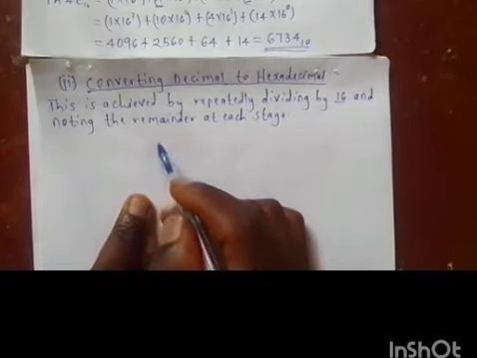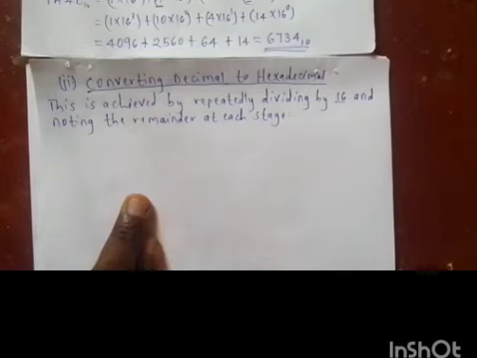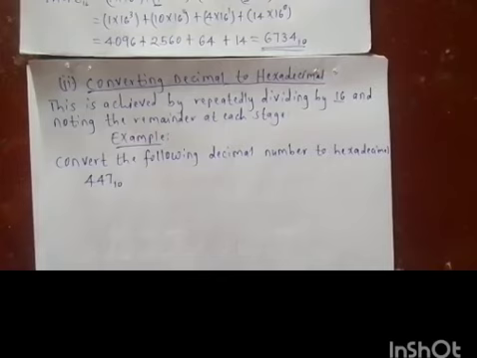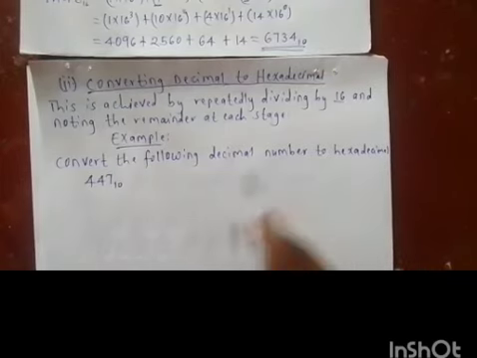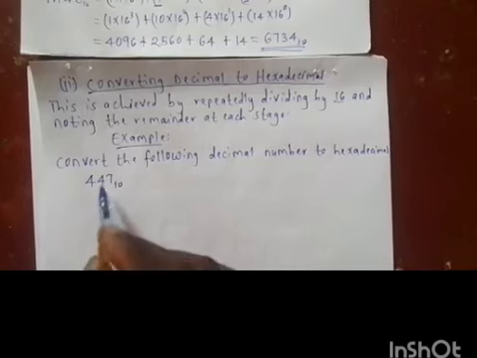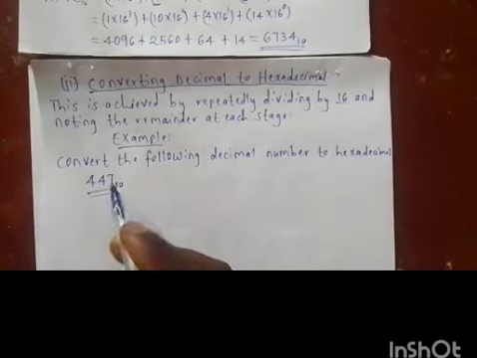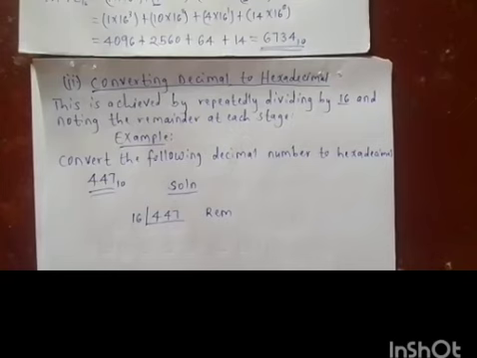So let us see some examples. You are asked to convert the following decimal number to hexadecimal. This is the number. So you are going to divide this number repeatedly by 16 while noting the remainder at each stage. So